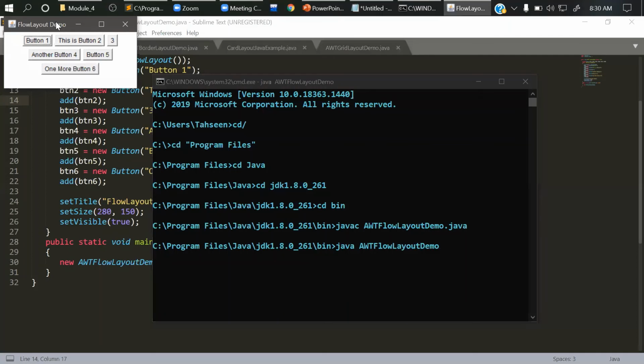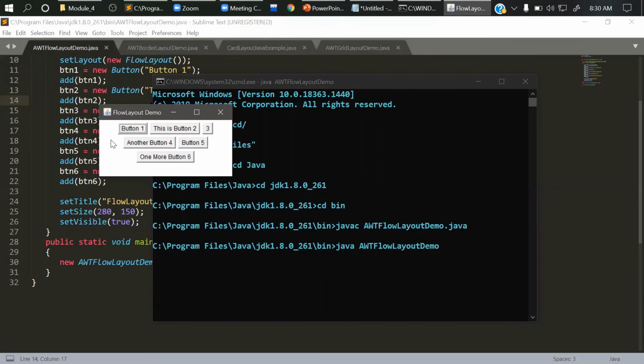Right, this is the window of what our buttons are. So this is the actual size which is fitting.